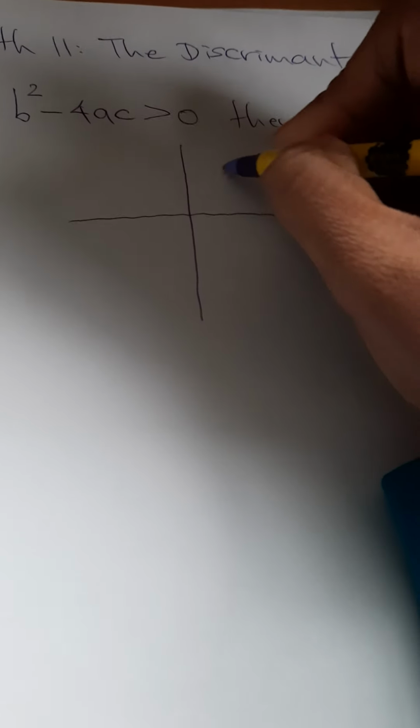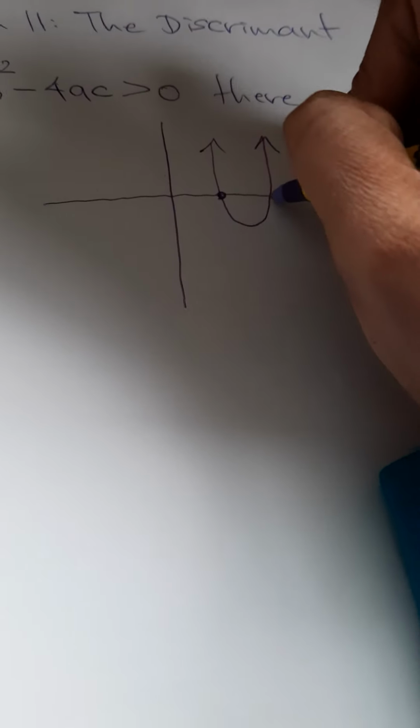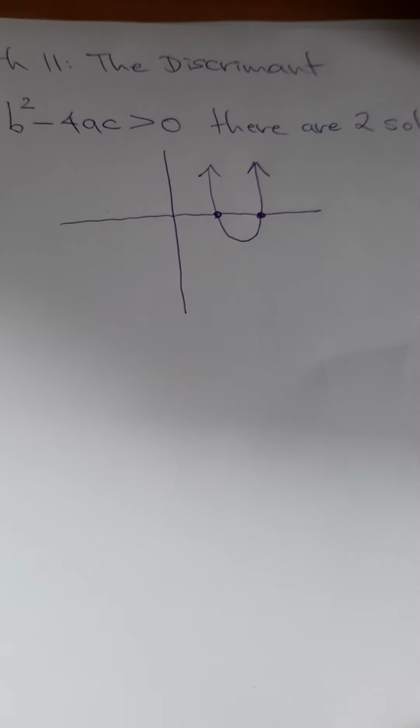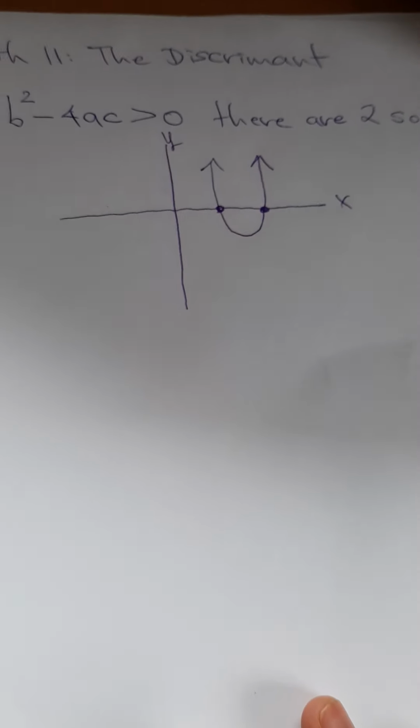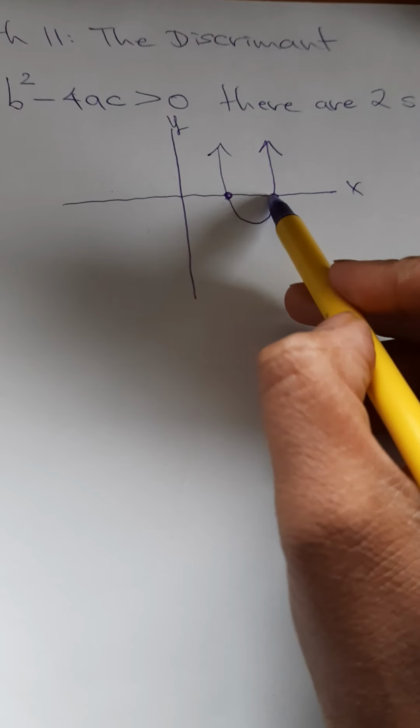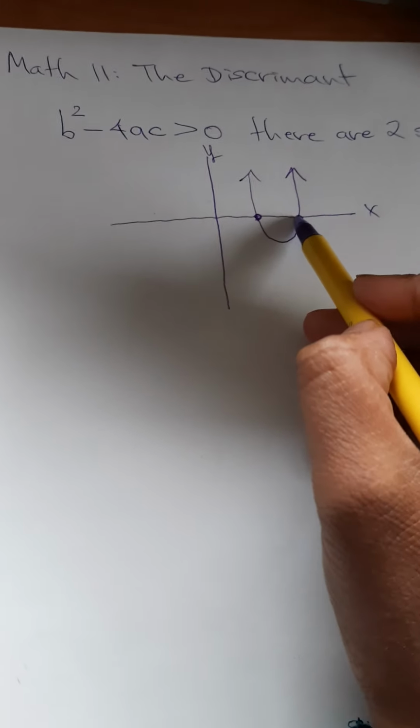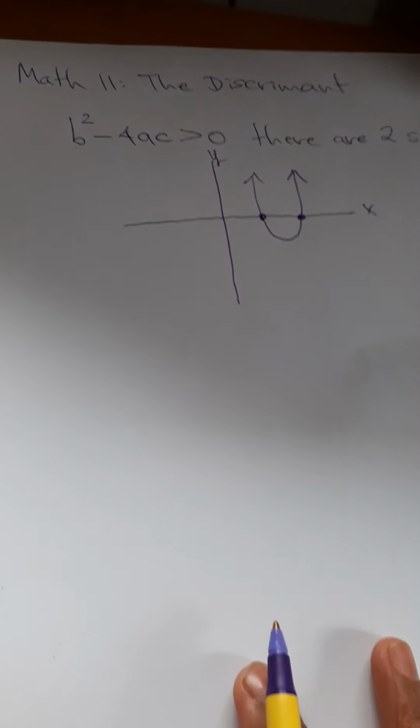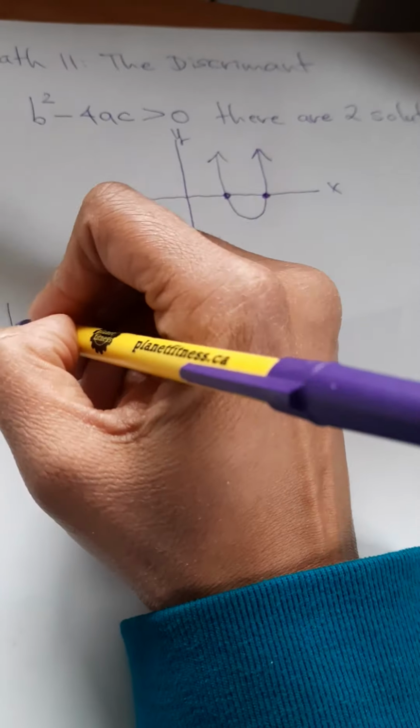So say my quadratic is formed like right here. And you notice that it crosses the x-axis, okay? So this is my x-axis, this is y. And it crosses the x-axis at 2 points, okay? And that's why in this case, I have two solutions, all right? So this is one of the cases. And the second one